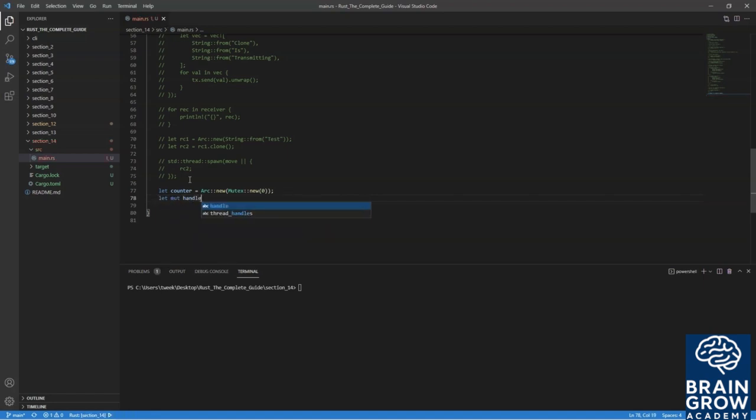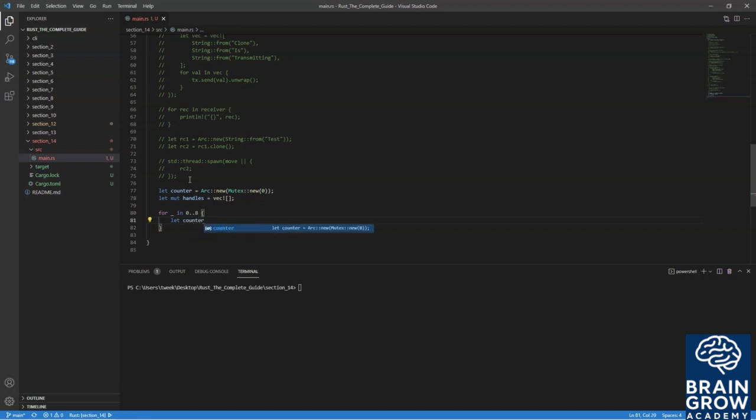And now we're going to create a handles vector that's going to store all the join handles we create. So now we're going to have a little loop, and we don't care about any of the values inside, so we'll say for 0 to 10, and actually I'll make it 8,